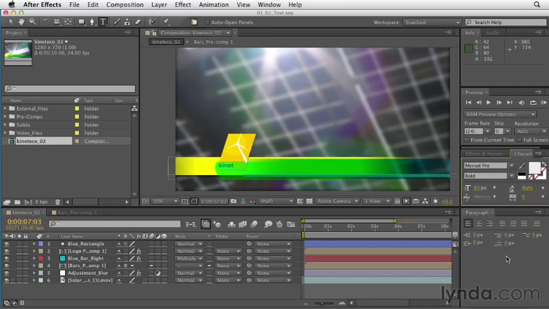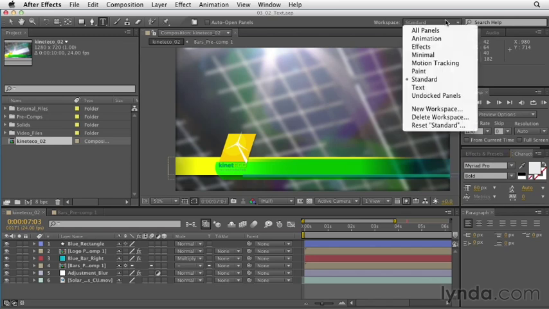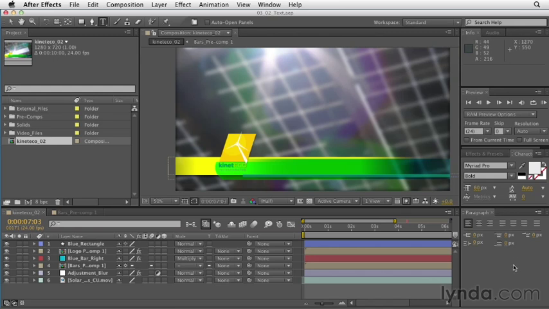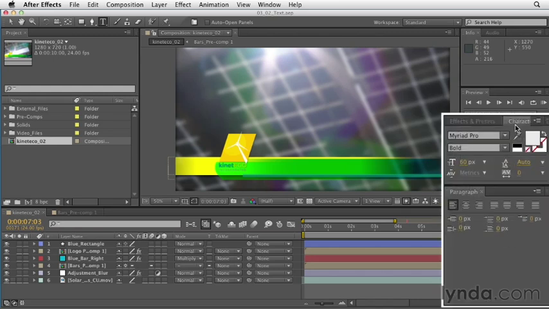Now, whenever you add text to your projects, you should have these panels open. And as a matter of fact, if you're adding a lot of text to your project, you should go up to the workspace and reset it to text. I'm just going to leave it the way it's set up right now because this is kind of working for me. In the character panel, you should pay attention to what we're actually going to set up to be our